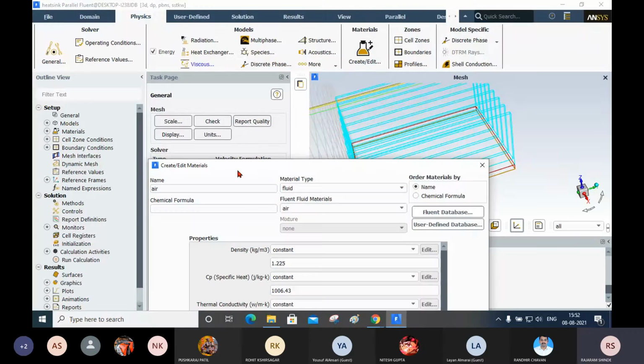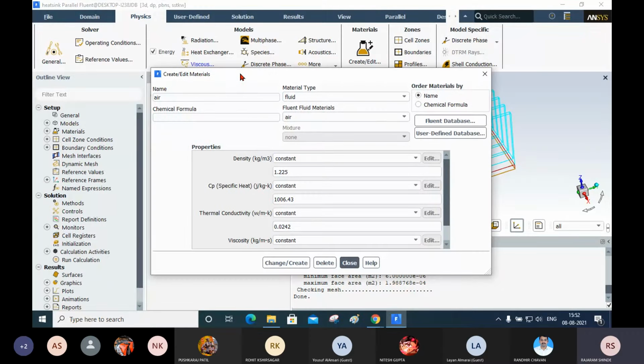Now first is air, and one more thing I want to tell you here. The density of this air I am going to select as an incompressible ideal gas. Why? Because in most natural convection problems, the change of density with temperature drives the flow.